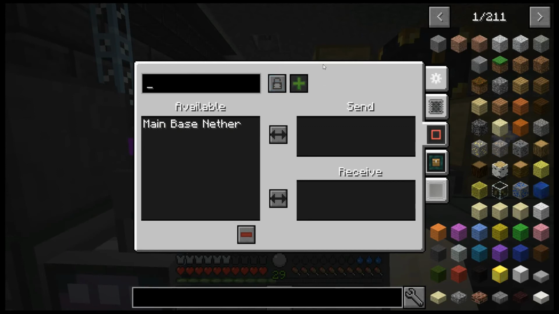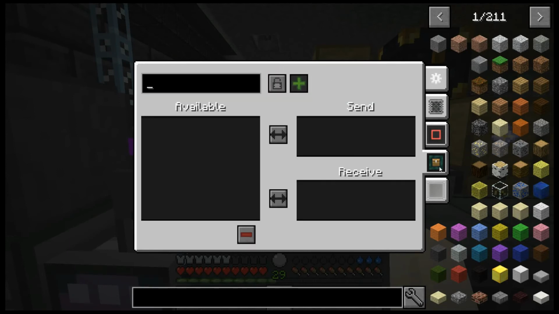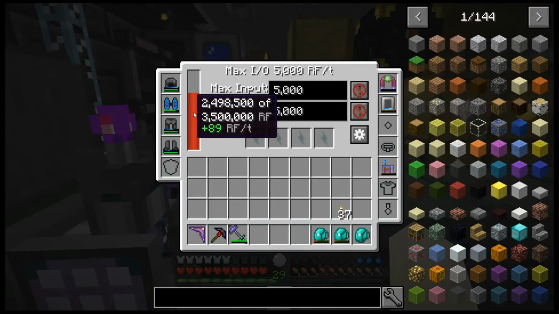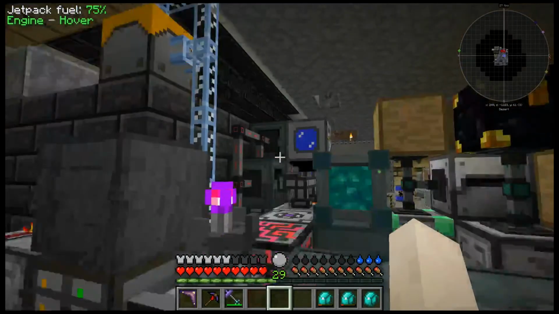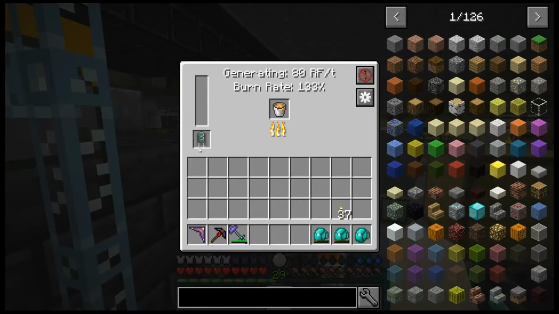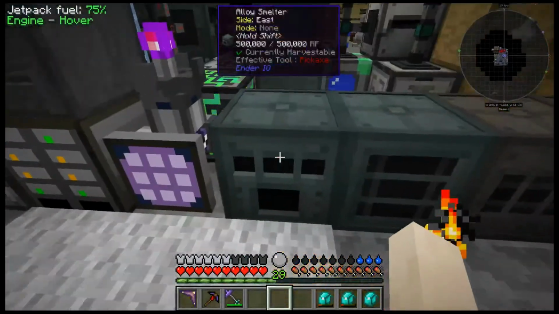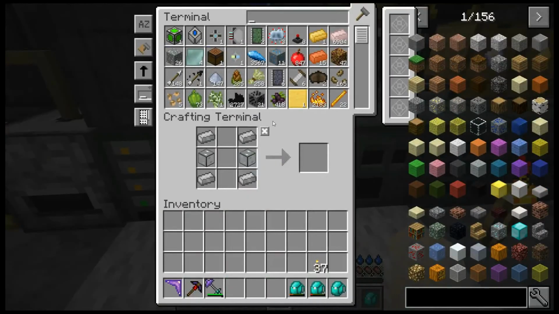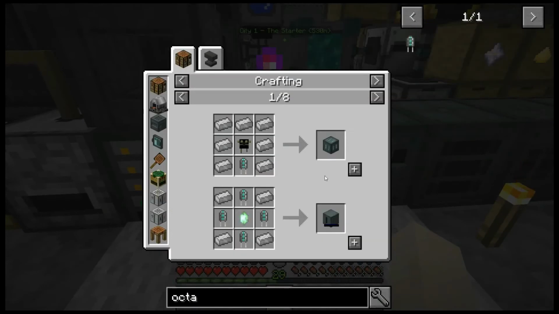Is it because it's locked or not locked? I was really just expecting to be able to click this and say add to receive, and then I'd be able to put power into this and never have to use any of these anymore. Do any of these have an octatic? Yeah, octatic and octatic. So I'm really going to get rid of all of these, and for power we're going to use the octatic capacitor to create these